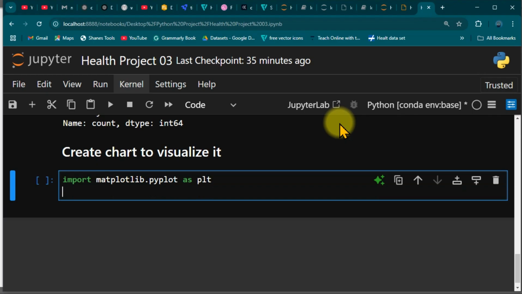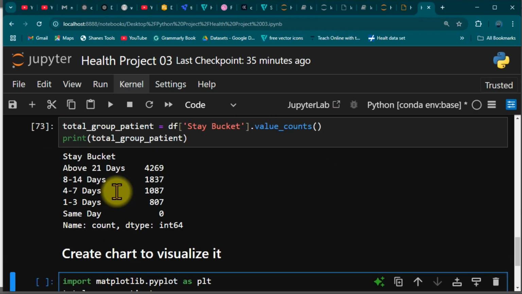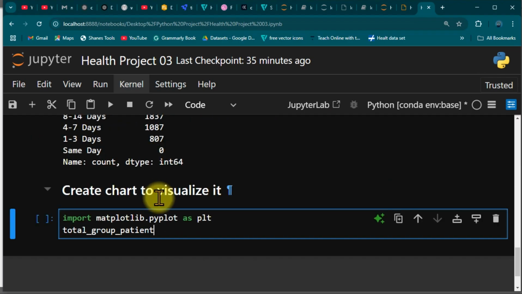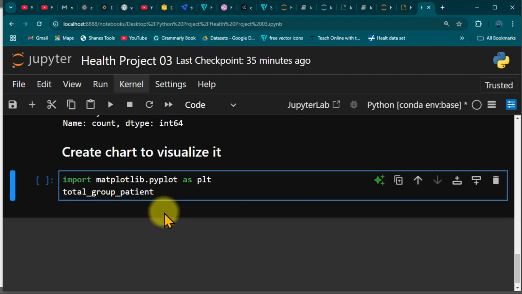So now we come over here. So here is the last variable created, which is this particular variable here, total group patients. You can name it anything you like, but just try to remember what you have named it, right? So we do dot plot,